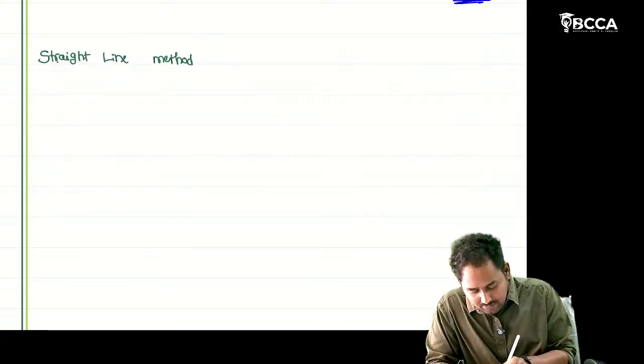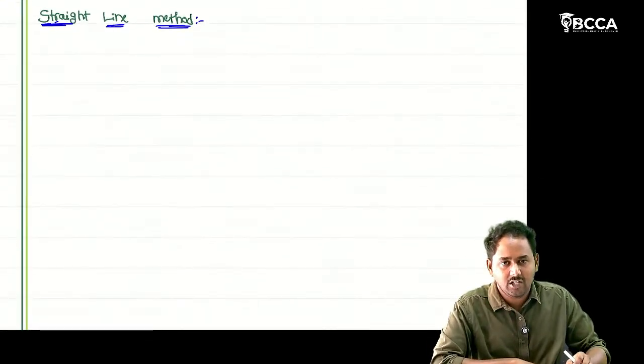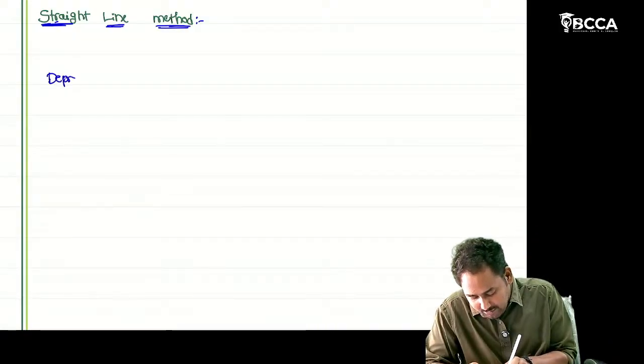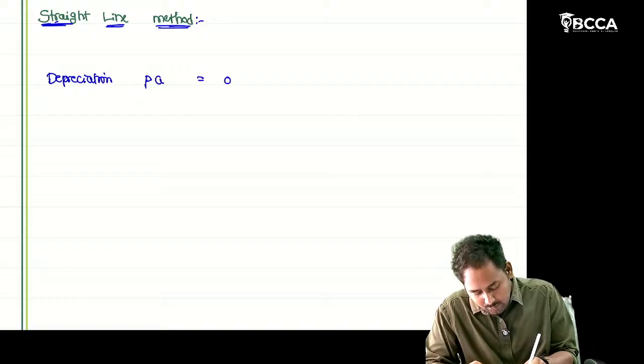Straight line method. So how to provide the depreciation under straight line method? I am going to write the formula. Depreciation per annum equal to opening carrying value